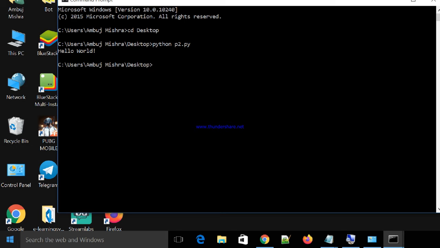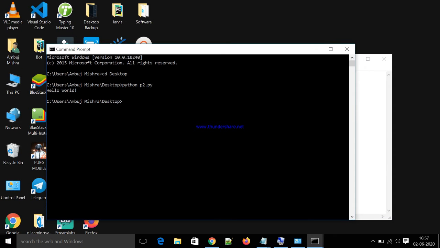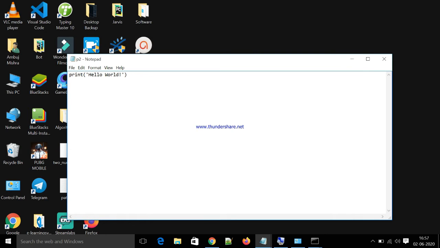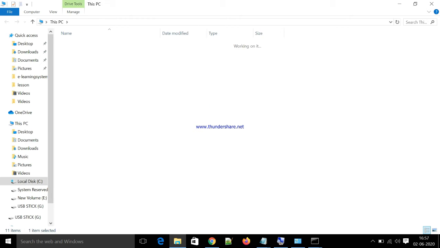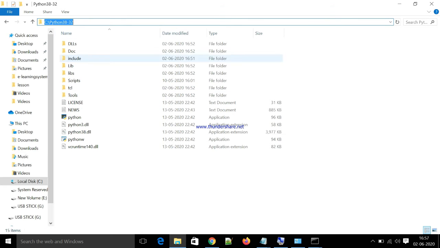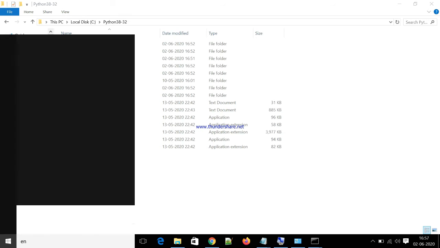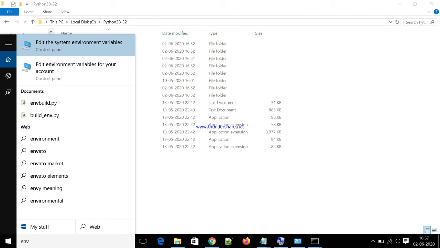Now, the third way. Before proceeding to the third way, let me first tell you how to set the environment variable, which I have left. Wherever you have installed Python, just go to the path, this one, here. Copy this path, and in Windows, write env, that is environment variable. The first way which I told you is from This PC, then properties, then advanced system settings, then the environment variable.